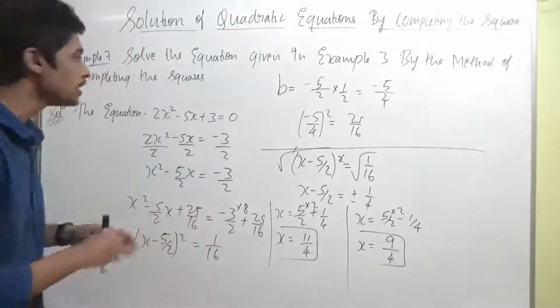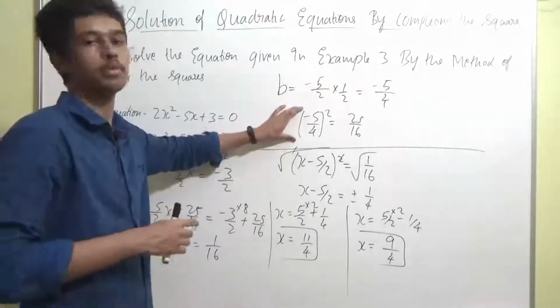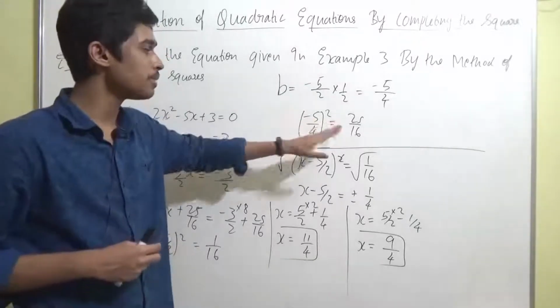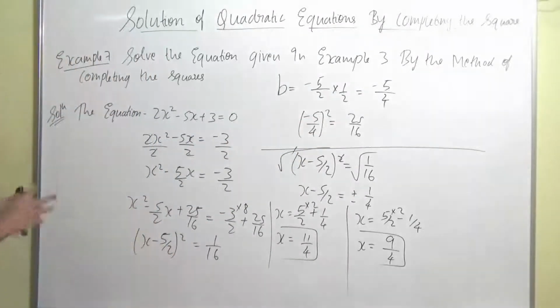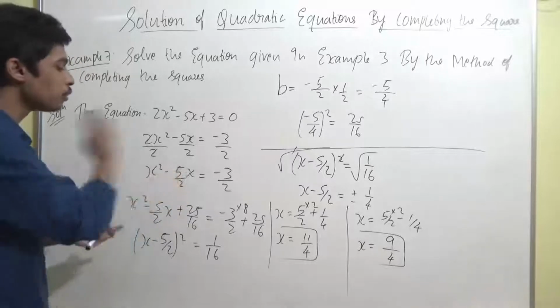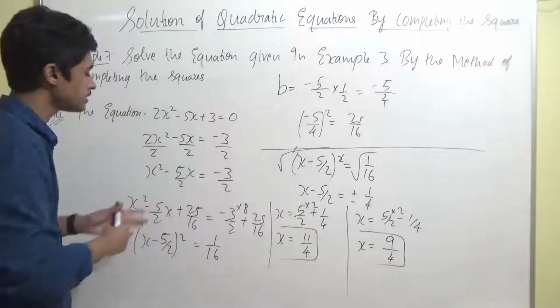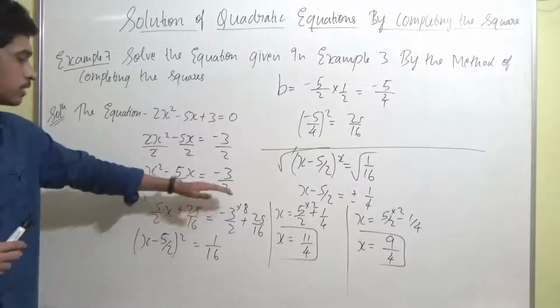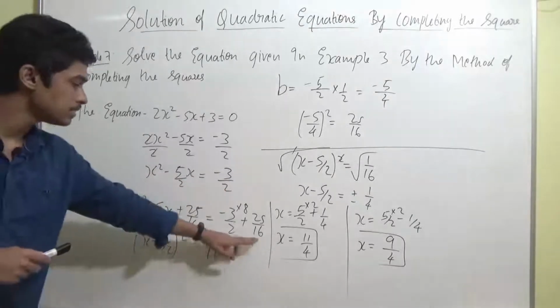Now what you have to do is, you have to square that minus 5 by 4. Then you will get minus 5 by 4 square is 25 by 16. Now what you have to do is, you have to add 25 by 16 both the sides in LHS and RHS. In LHS where there is x variables and in RHS there is only a number. Both the sides you are going to add 25 by 16.